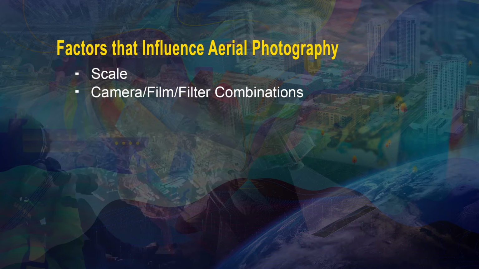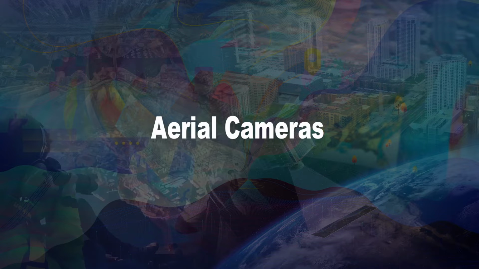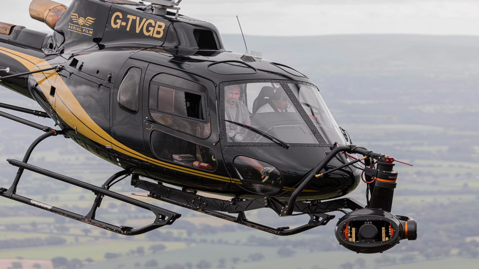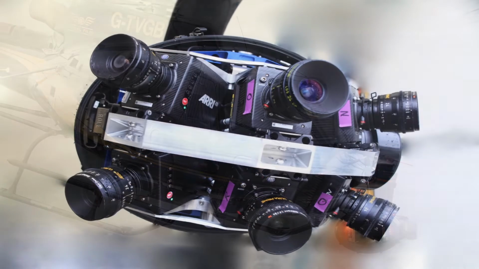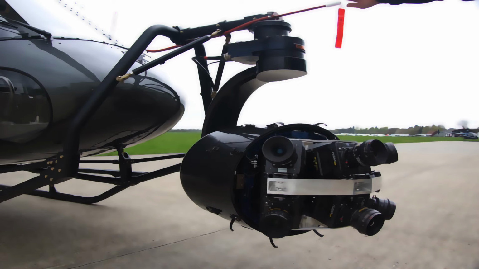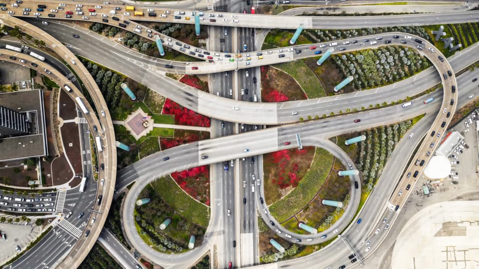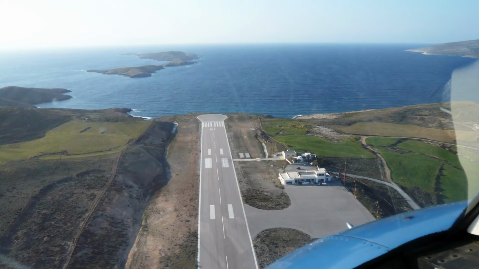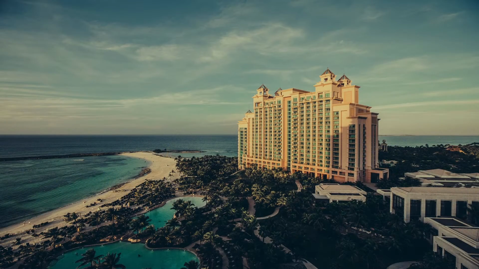Camera, film, filter combinations. Aerial cameras. Aerial cameras are special cameras that are built for mapping, which have high geometric and radiometric accuracy. Airborne cameras are built with exactness and purposely designed to expose a large number of films or photographs in speedy succession with the ultimate in geometric fidelity and quality.